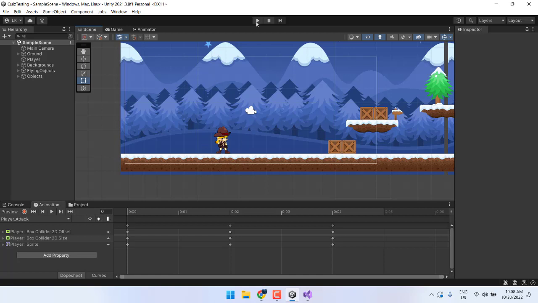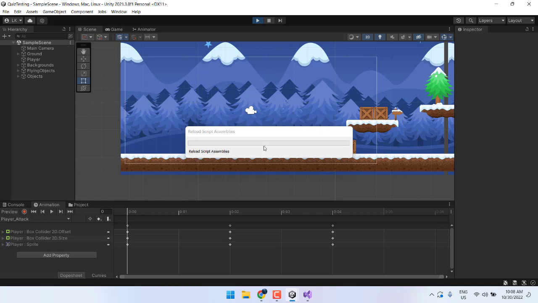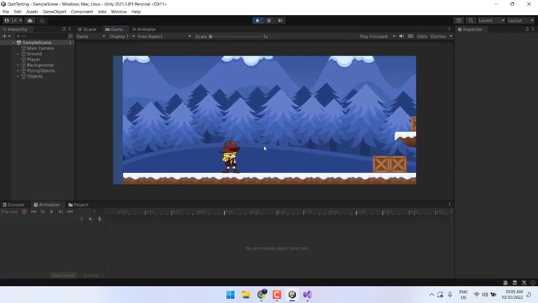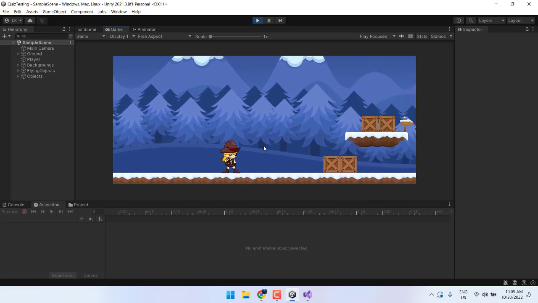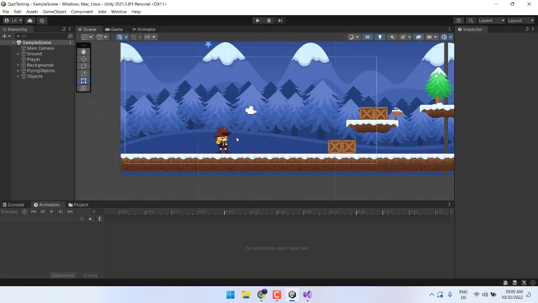Last time we worked on the player, which was moving. If I play this game, you will see it's just moving around our scene. And now what we are going to do is get the fire effect. Whenever we press some keys, it will fire and release some bullets, and when the bullets hit some monsters or other stuff in our scene, they will show us our bullet hit effect. तो ये अभी हमने करना है।